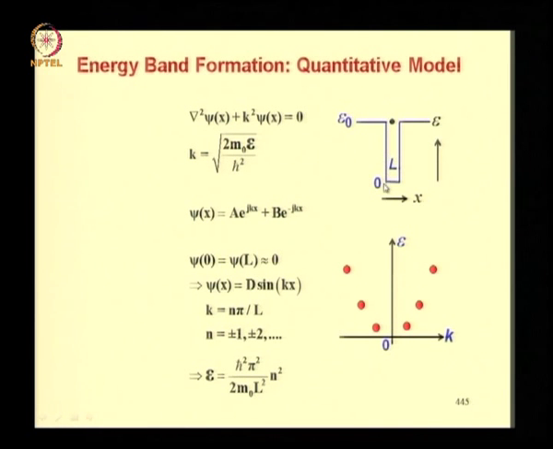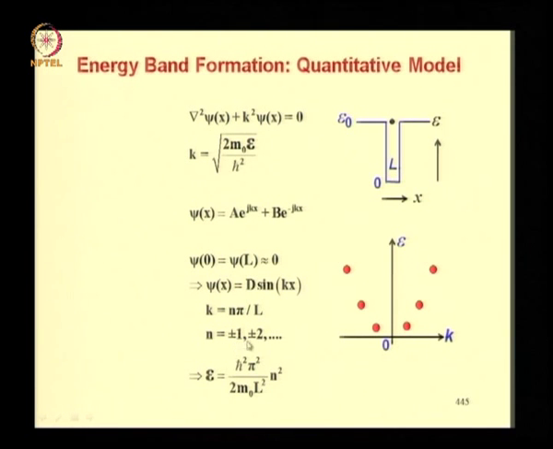In practice this E naught, this vertical height, is very large, so we can assume it to be approximately infinity, in which case the wave function goes to 0 at both x equal to 0 and x equal to L. So that is why we assumed the boundary condition to be wave function going to approximately 0, assuming an infinite potential well. Putting these boundary conditions on this equation, the solution is a sinusoid or cosine function, and the k here therefore becomes discretized according to this formula,